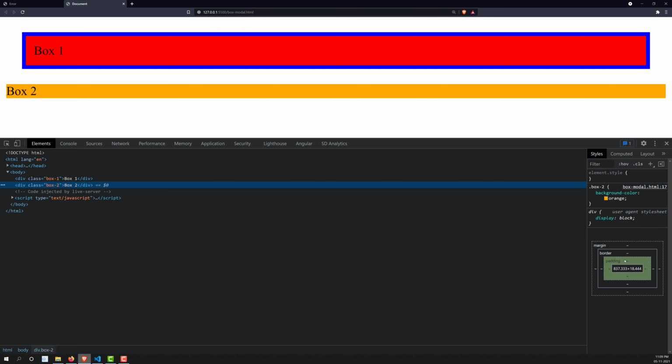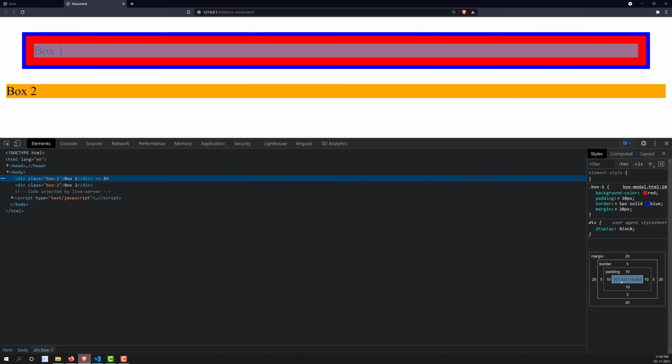Now if you try to see the box 2, you can assume that box 2 has no padding, border is also nothing, margin is also nothing. So this is how the box model will be applied. Now let's try to add a width for this one. Here the width is applied dynamically, so according to how much content is there, it has been applied dynamically.